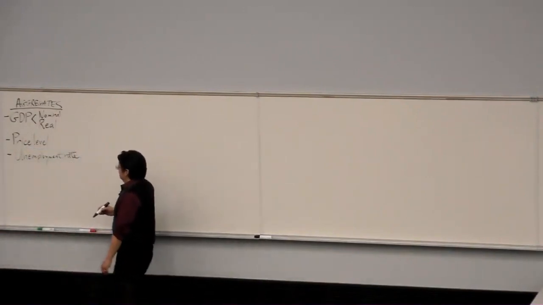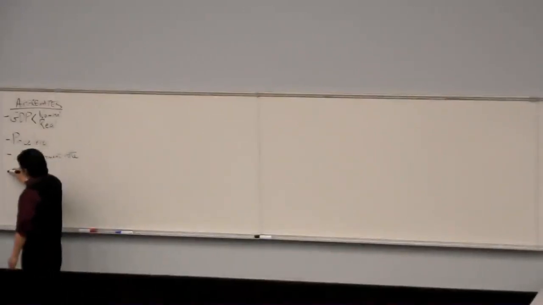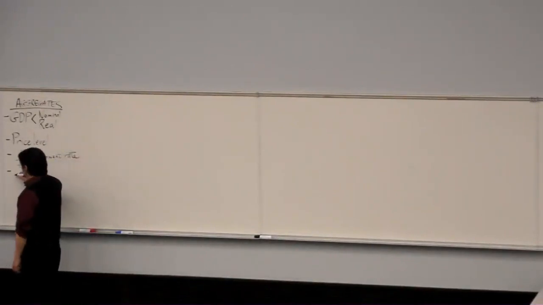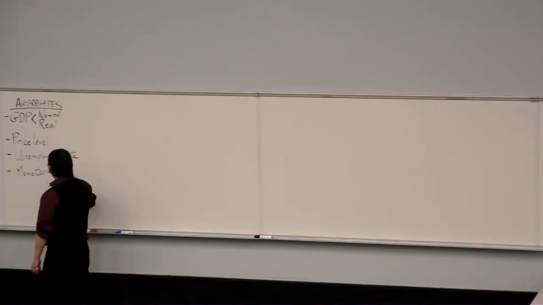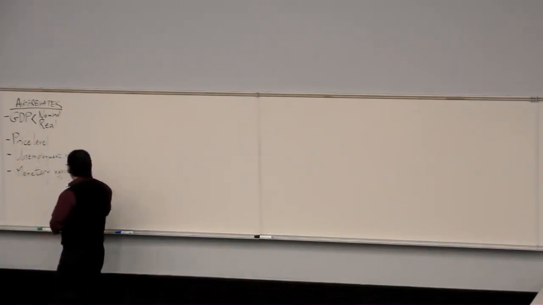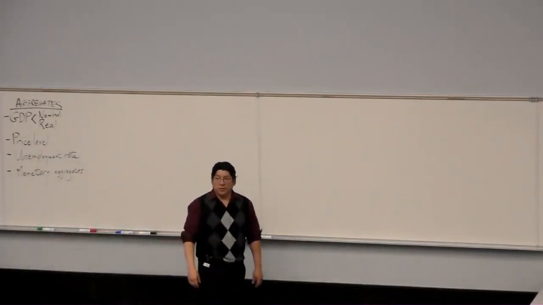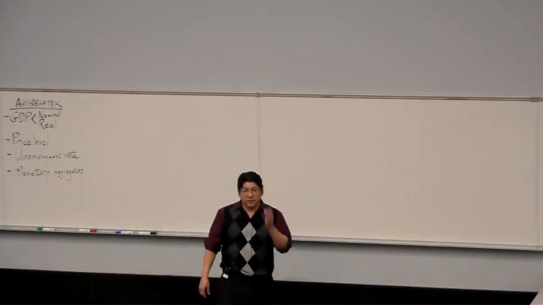And later on, I guess shortly before midterm one, we talked about certain monetary aggregates. And the key monetary aggregates that we worried about were the money supply, which is just a measure of